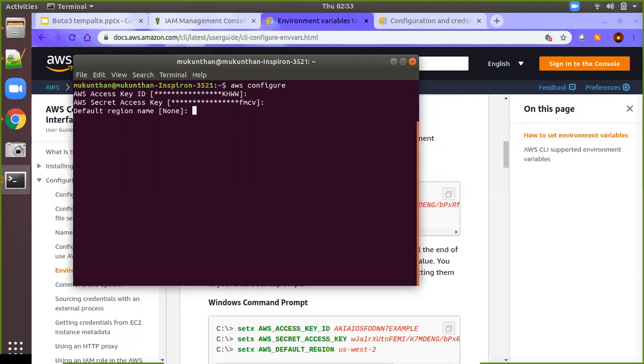Then you can set your default region. We have seen the default regions and availability zones. If you have a default region you want to set, you can do it, or you can press enter. Then the default output format. These are things you can do later, but the main thing is that the access key and secret access key should be set here. Since in my case I have set them already, I am not giving anything, but in your case you will give your access key and secret key.